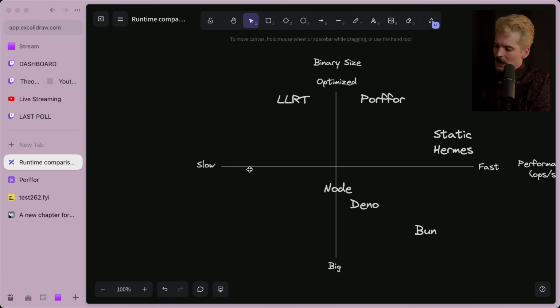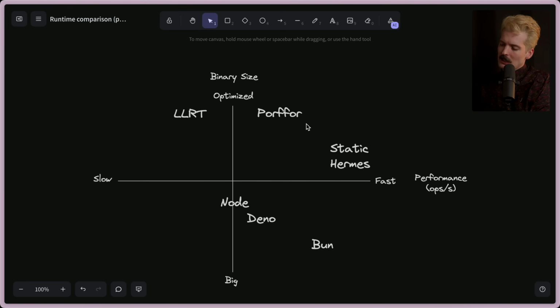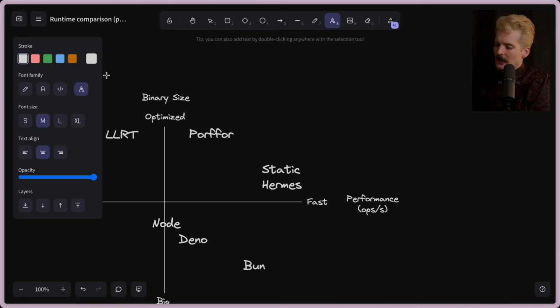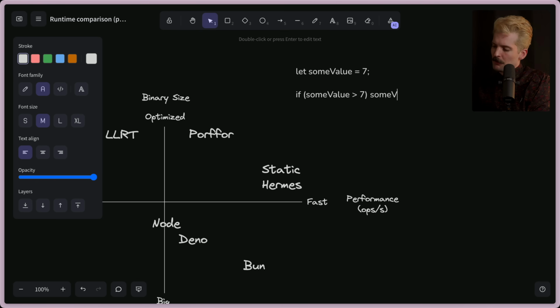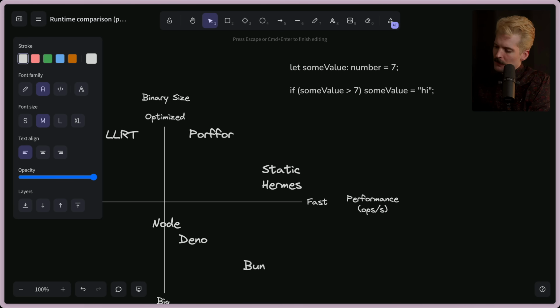I love that comparison. And to, again, double down on the TypeScript thing, Porffor doesn't have more info about what your code actually does, because when you define something in vanilla JS, if I let some value equal 7, if some value is greater than 7, some value equals high. Since you can write code like this in JavaScript, it's really hard to optimize it, because you don't know what data type or memory allocation to make for a given value. But if I was to use TypeScript to enforce this has to be a number, obviously this code can't be written anymore, but it could be optimized differently. Even if I did number or string, we now know how to define this pointer in a way that we can make things a little more optimal on the native level.